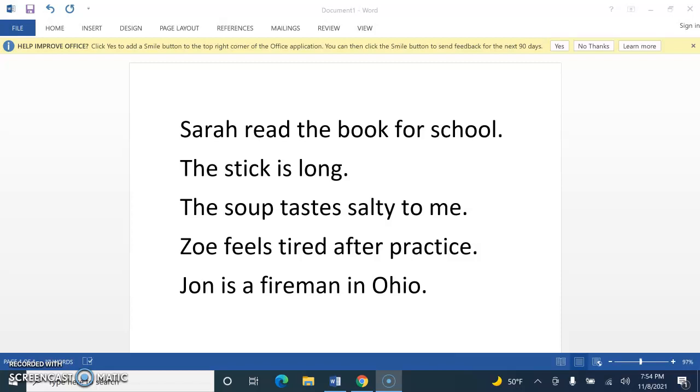So, we're going to pick up with our discussion on linking verbs. But before we do that, we're going to go over the homework that you were given last night on linking verbs. So, get your pages out. Go ahead and exchange it with someone near you. Write your name at the bottom of the paper as grader. And let's go over the right answers. Okay, let me get to the right page here.